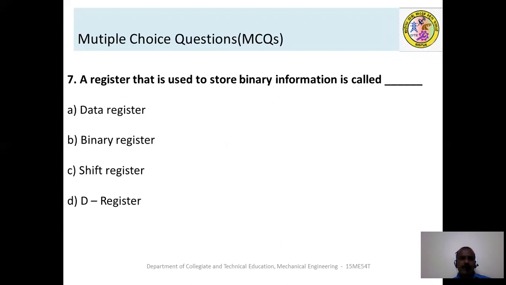A register that is used to store binary information is called: data register, binary register, shift register, D register. The answer is B, binary register.